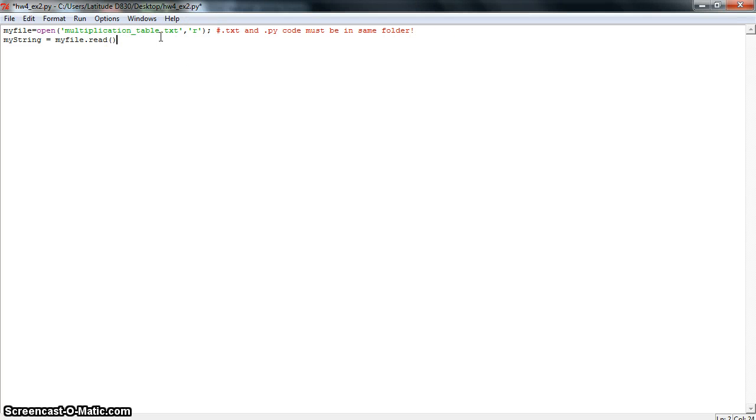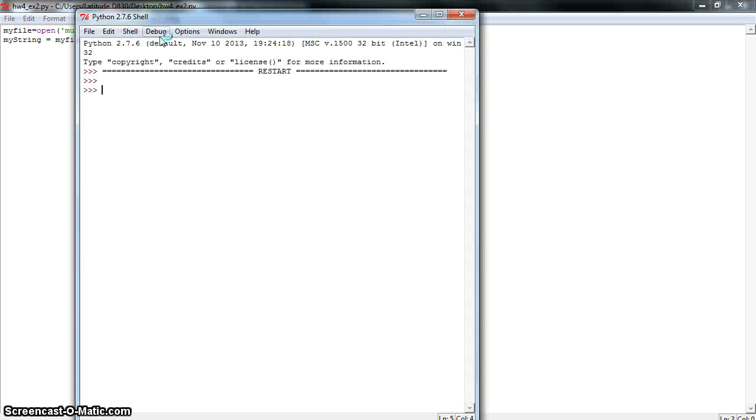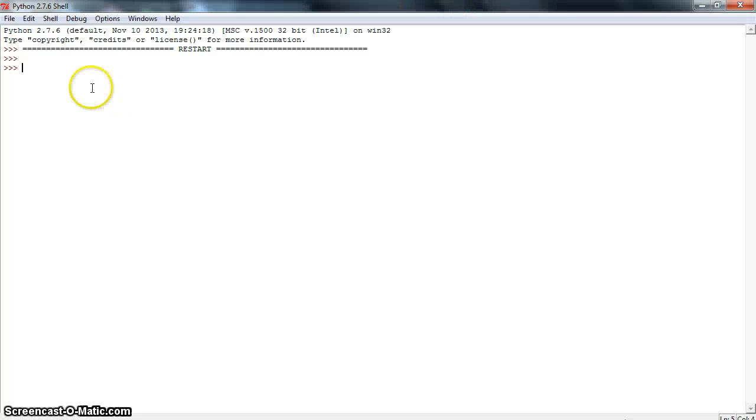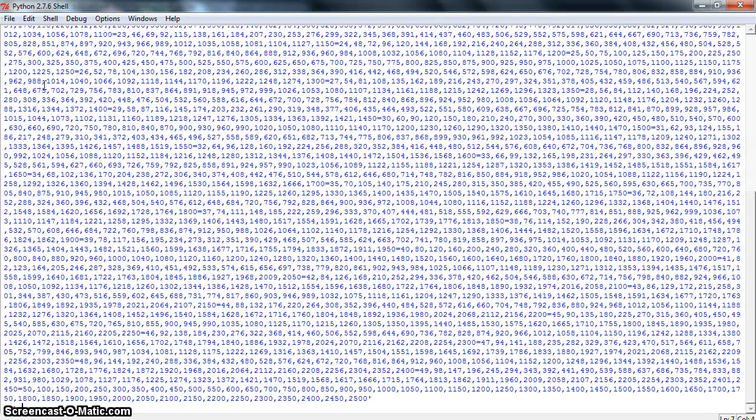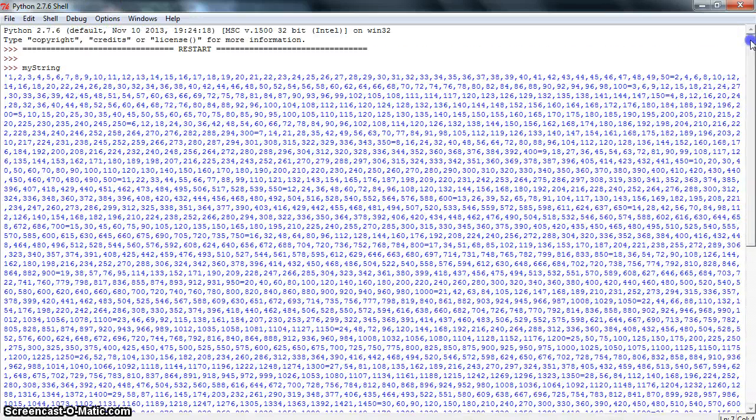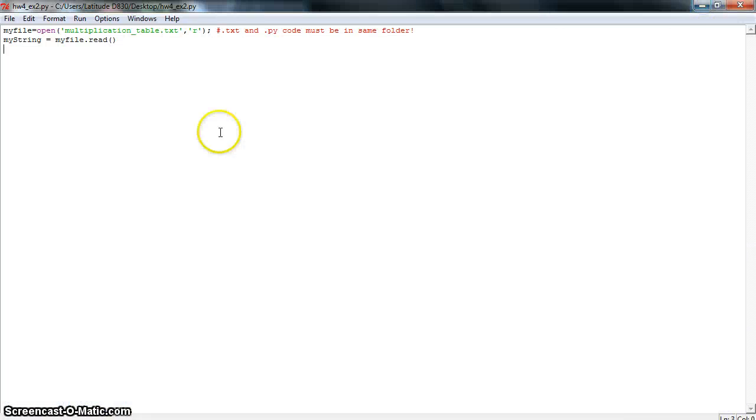So we have this, and I'm gonna print this out, right? And the variable here is myString, and this is essentially how it looks. It looks pretty intimidating at first, but when you break it down, it's quite simple and pretty interesting. So let's create a list. I'll create a list called L,